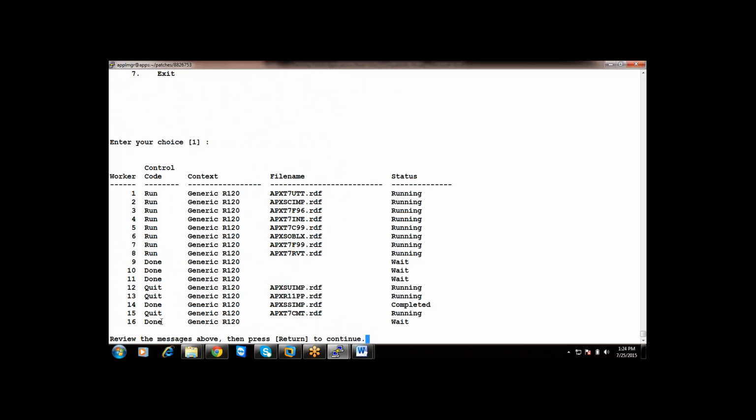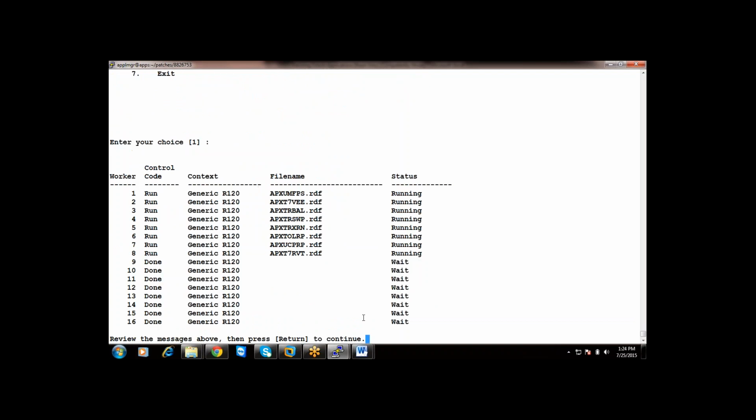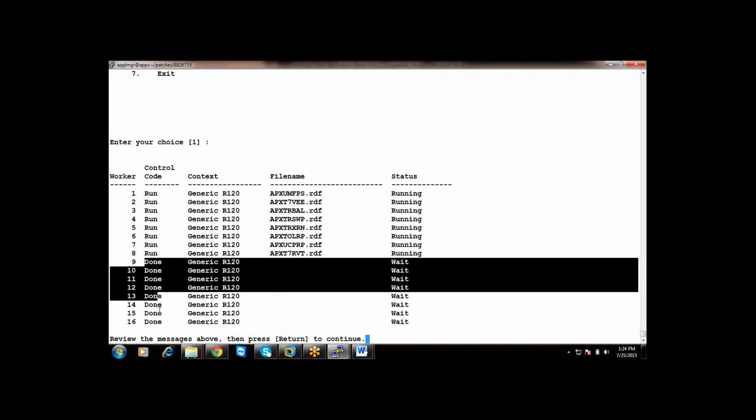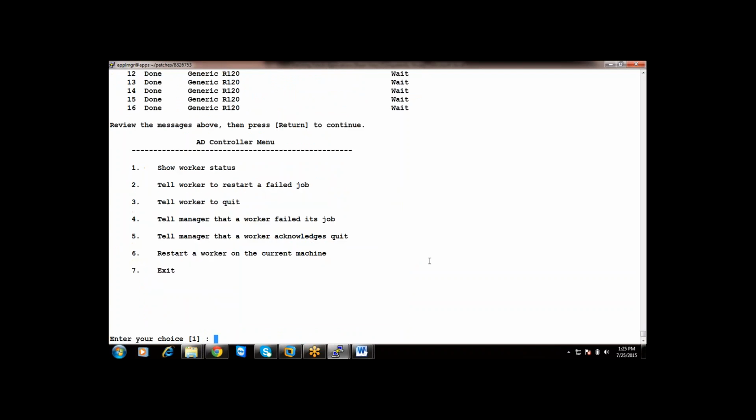Eight have quit, from 9 onwards. Some are waiting, running, completed. These statuses are waiting and these statuses are running. This is how you can manage workers.